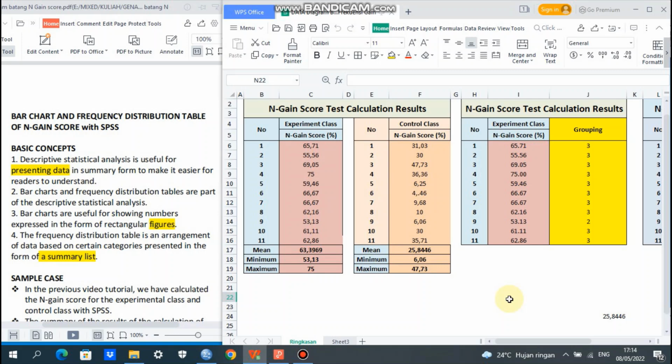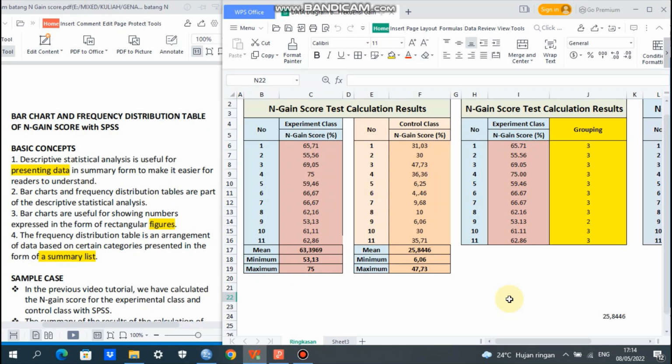Number one, descriptive statistical analysis is useful for presenting data in summary form to make it easier for readers to understand.